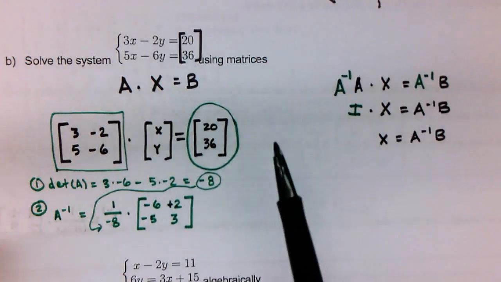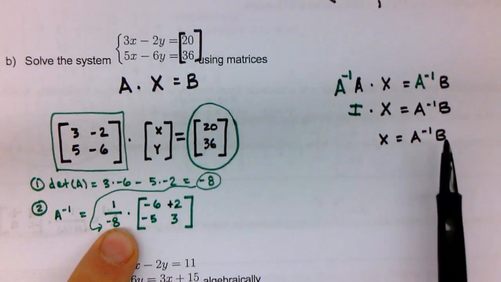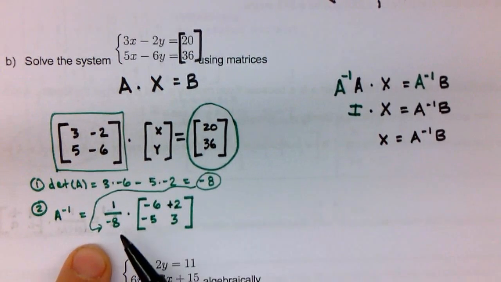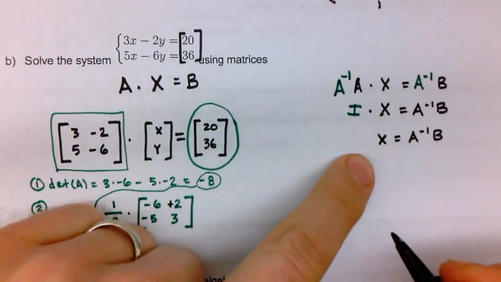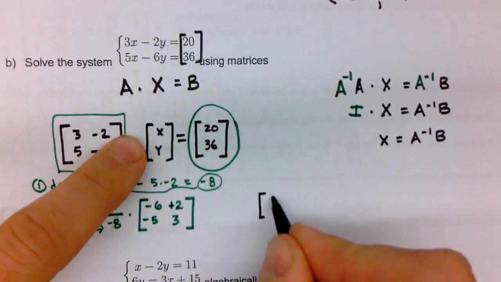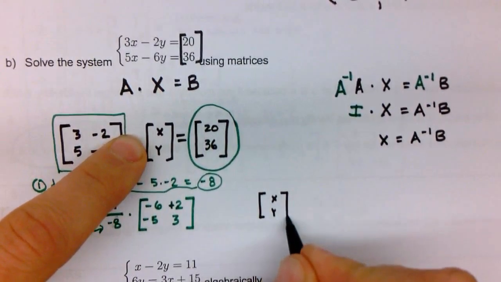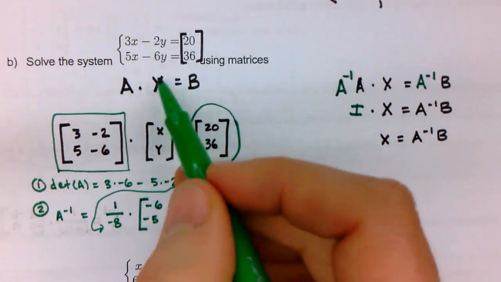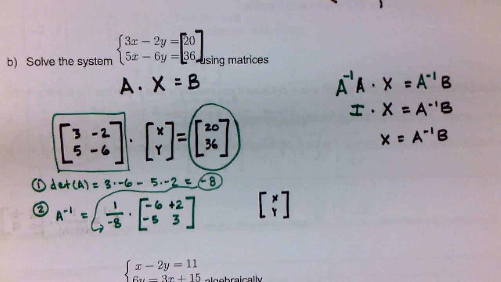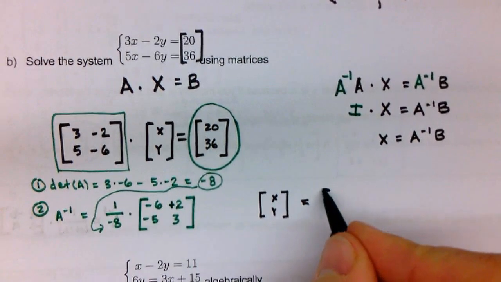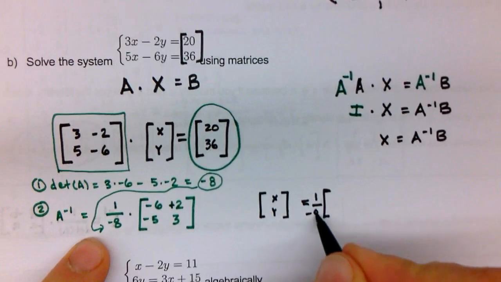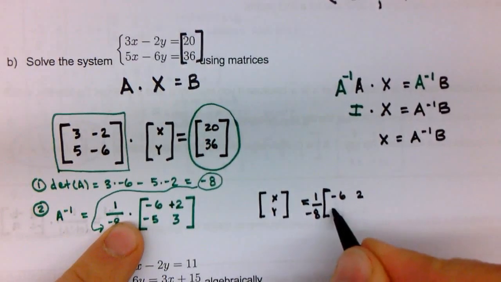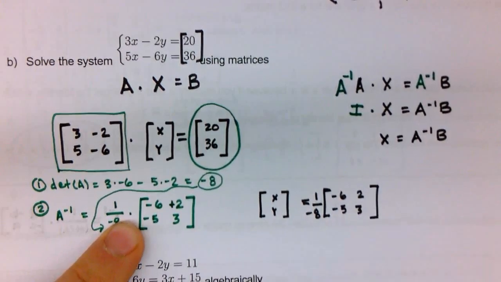All right. Now you can see that in a second we're going to have to take this and multiply it by B. So I think it's probably easier if we leave the fraction out for now. Okay? So our answer, our x, which is really x, y, the x that we've got right here is really a matrix, x y. We were lazy, so we just wrote it as x here, but it's really that. Okay? Is going to be equal to the inverse, which is 1 over negative 8 multiplied by negative 6, 2, negative 5, 3,